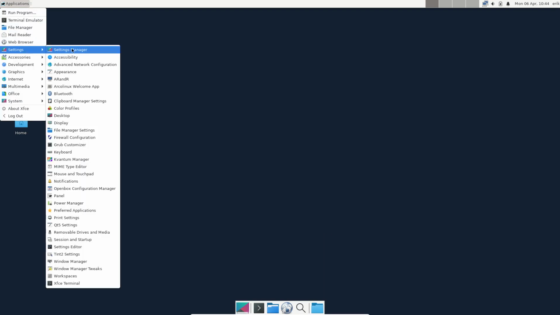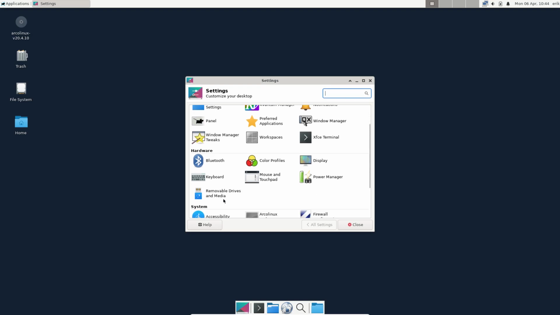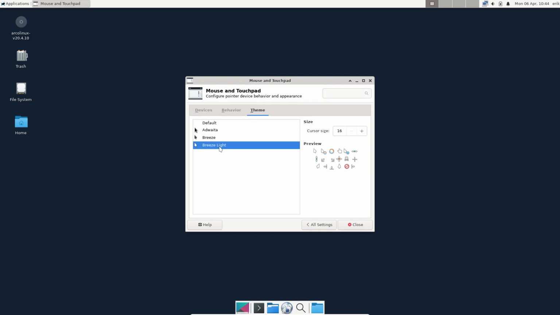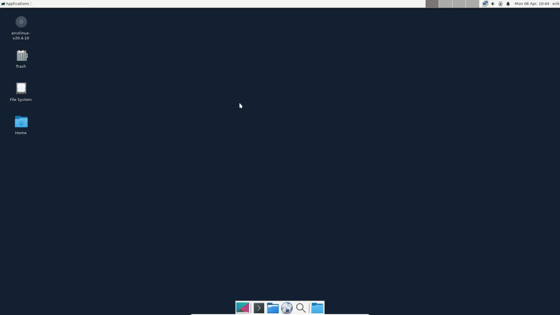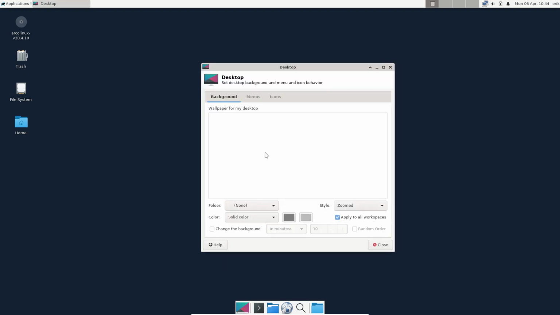Close. I do have another icon for my touchpad, keyboard, mouse and touchpad. Themes, breeze light. Got it. Wallpaper is rubbish. Desktop settings, wallpaper for my desktop, nothing's popping up. So, backgrounds, nope, nothing happening. Other,